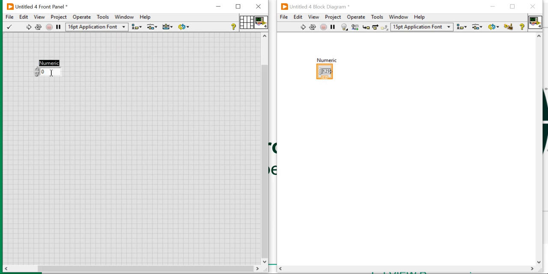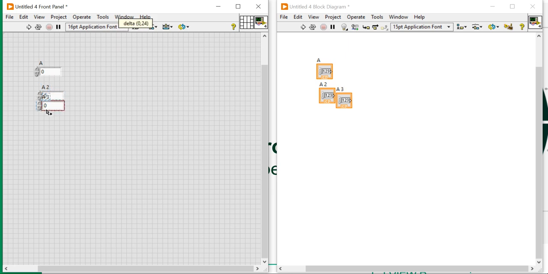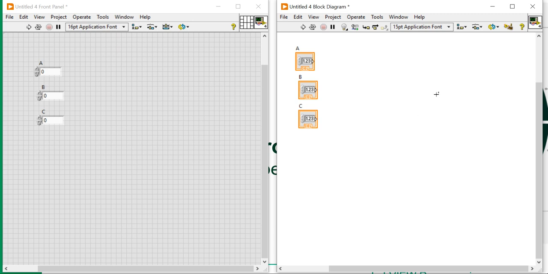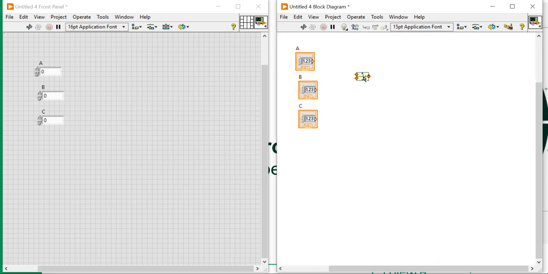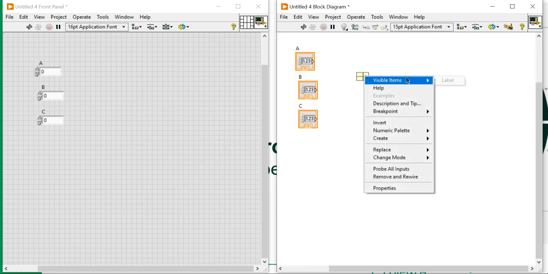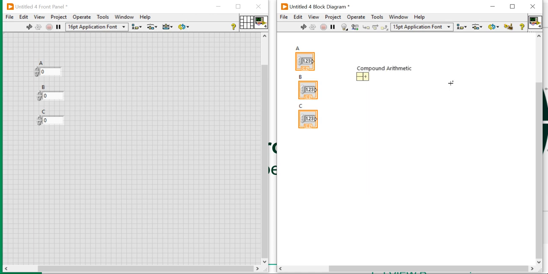We have A, B, C. Copy and paste. Now right click, come here, take a compound arithmetic. Now you can see in this compound arithmetic, you will get by default two inputs only here in the left side. And in the right side,